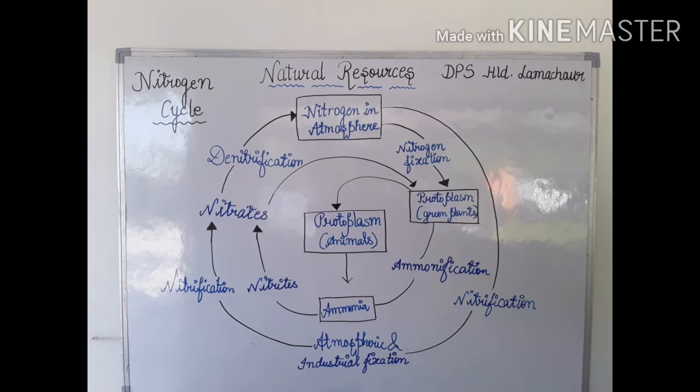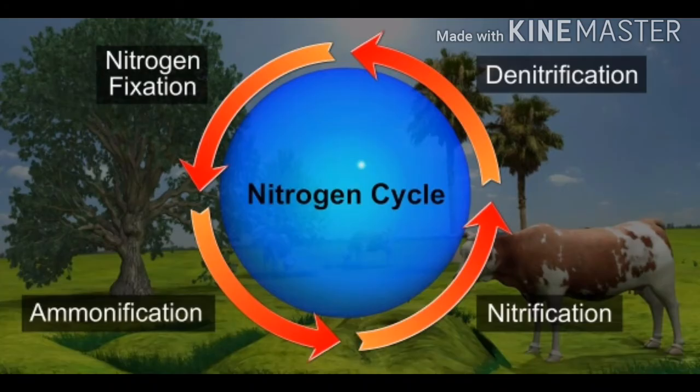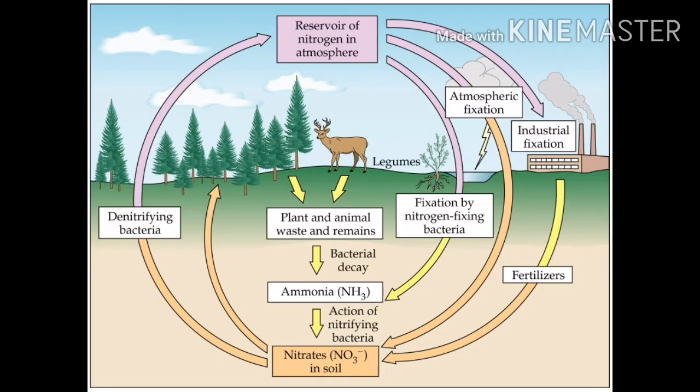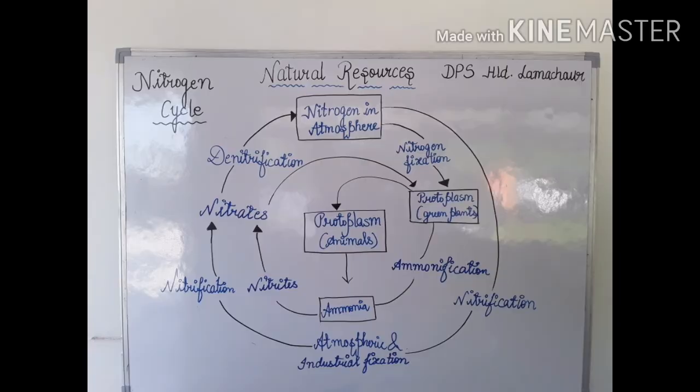So children, what is nitrogen fixation? Nitrogen fixation is the conversion of inert elemental nitrogen gas into biologically usable forms, that is nitrites and nitrates. Now plants take up these nitrates and nitrites and convert them into amino acids. और amino acids जो हैं, ये protein बनाते हैं, because amino acids are used to make proteins. And when animals consume plant matter, they break down the plant's nitrogenous compounds and use them to form new animal proteins and other complex components.